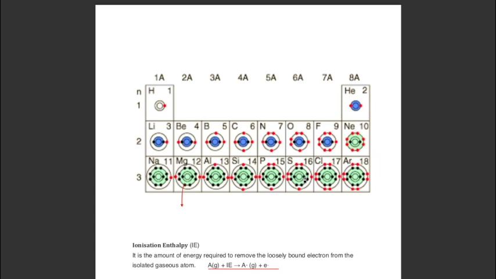Now let us discuss some exceptional cases. In the halogen family, the electron gain enthalpy of chlorine should be lesser than that of fluorine, as the size of chlorine is more than the size of fluorine. Similarly, the electron gain enthalpy of sulfur should be lesser than that of oxygen, and the reason is the same. The size of oxygen is less and the size of sulfur is more, and electron gain enthalpy varies inversely with size. The more the size, the lesser the electron gain enthalpy.